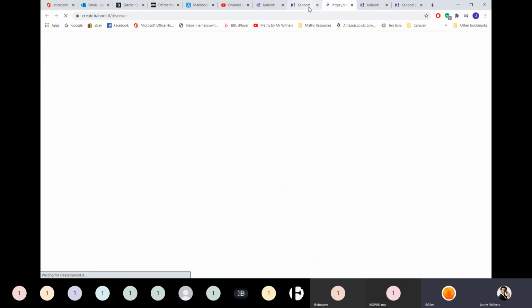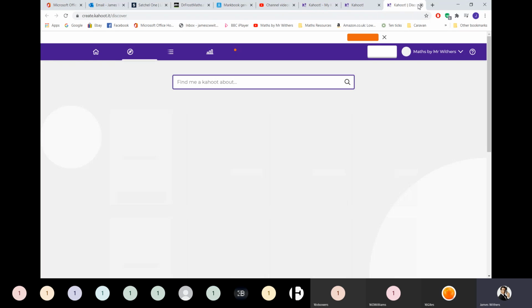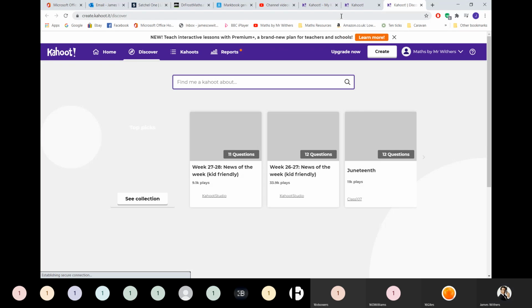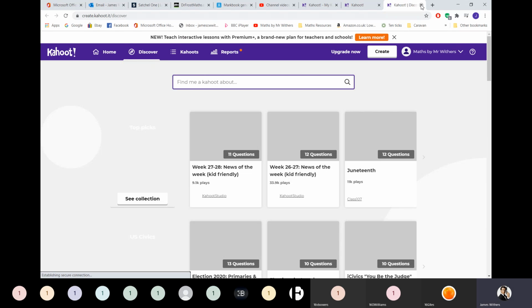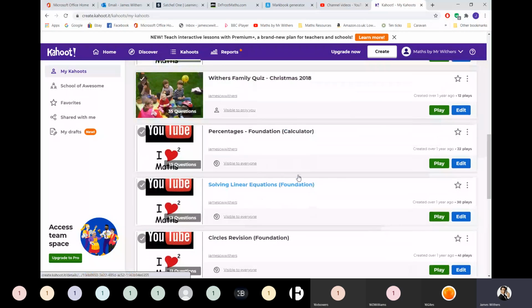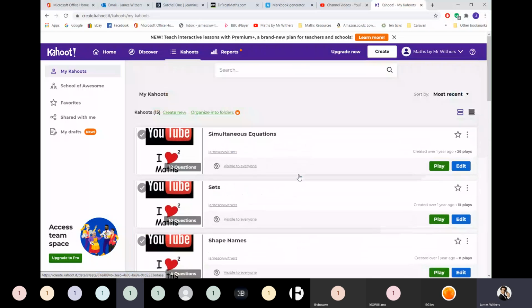Right, okay. Let me just, I've got lots of Kahoots here. I'm gonna just delete a few of them because I think it's slowing things down. Let me see what's coming up here. No, I'm going to get rid of that one. I think it's going to be the one on the left. Yeah, get rid of that. Oh, here we go. Good. Right. Now, none of these are difficult. So let me have a look. Simultaneous equations. Yeah, why not? Okay.